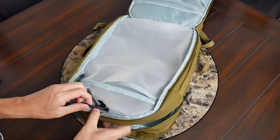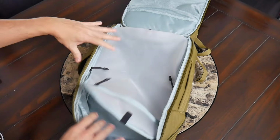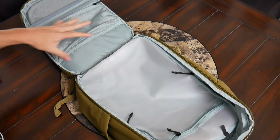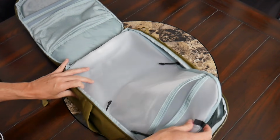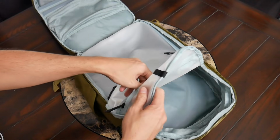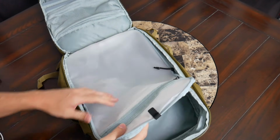This is also a divider for the main compartment. So this is a pretty interesting idea. If you have this opened up to this laptop area, you can still access the main area from this section by pulling this divider down. You can use this compartment again to store toiletries or other things you want to keep a little bit more